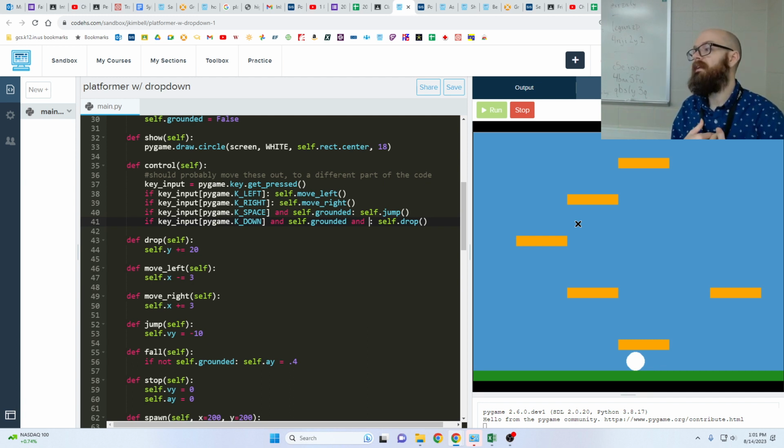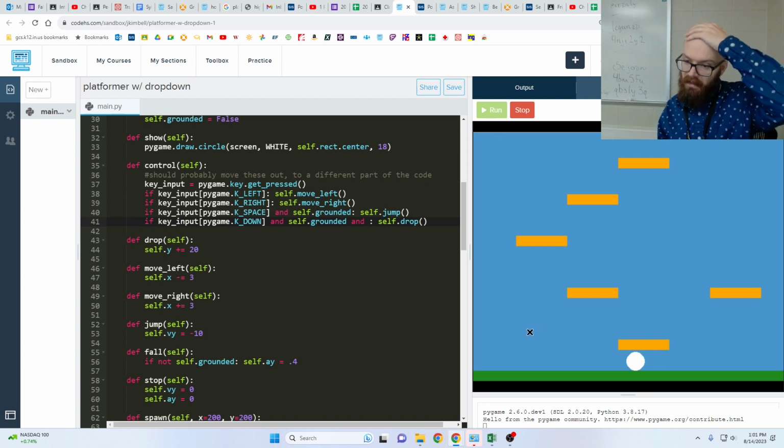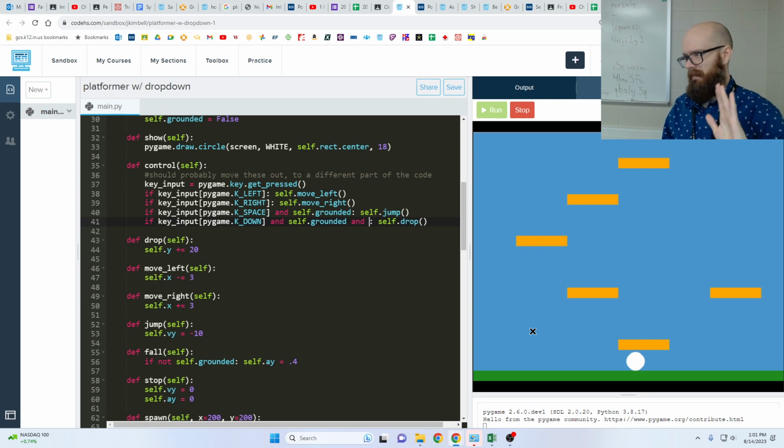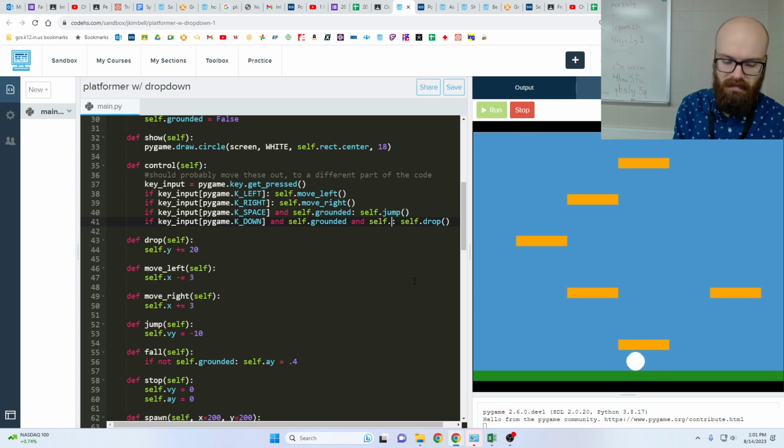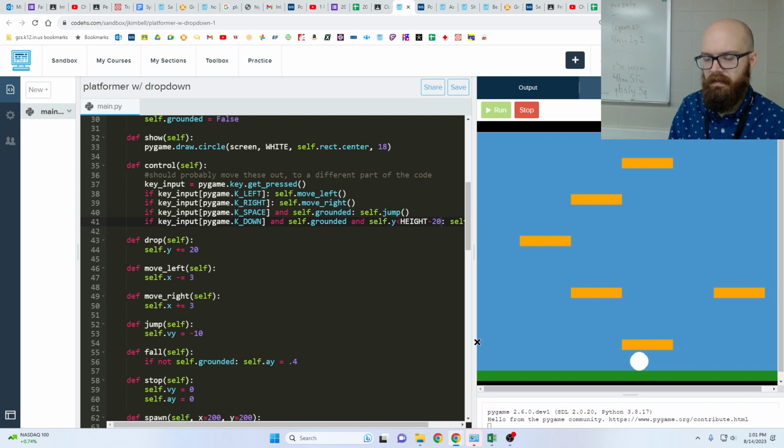Now the annoying part is, like I said, 0, 0 is the top left, so the bottom is not really 0. The bottom is the height of the canvas, but really minus the thickness of the ground, but also maybe minus something for the guy. That's going to be annoying, but let's just do it just to get going, and then we can always change it later. So I'm going to say self.y is less than height minus something. I think height minus 20 is not going to work, because